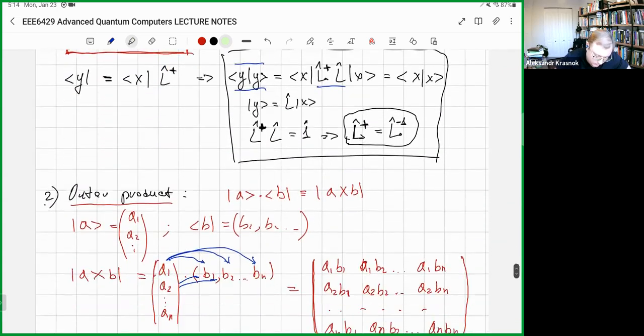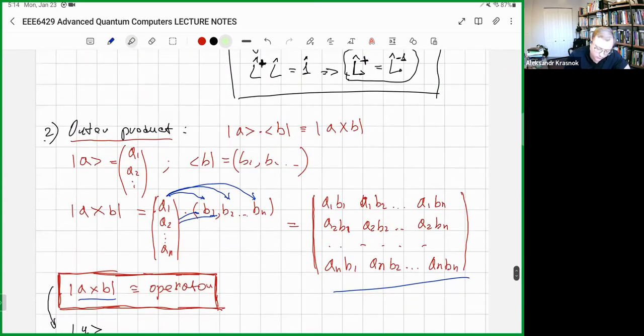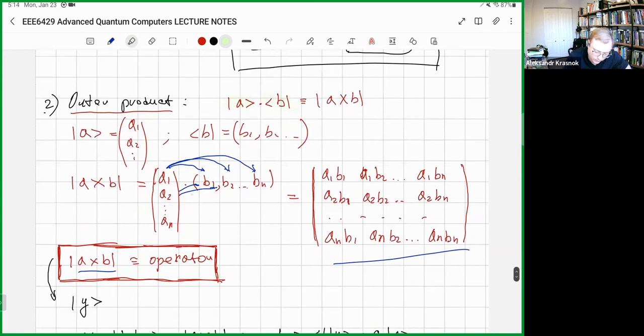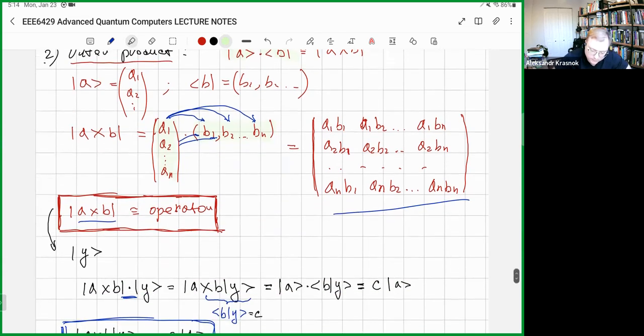The outer product is the kind of reverse. So you put first the ket and then the bra. And following the standard matrix notation for the matrix product, this product gives you a matrix. So the inner product gives you a number. In general, it is a complex number. The outer product gives you a matrix, or this matrix can be